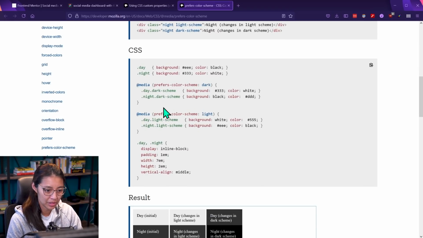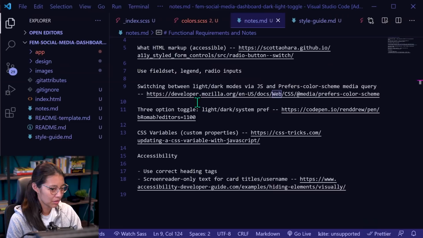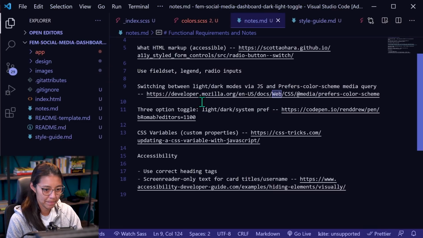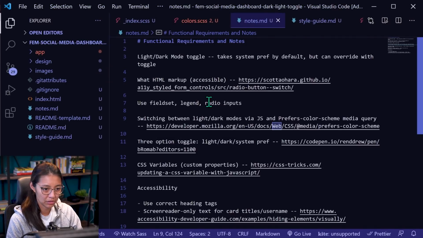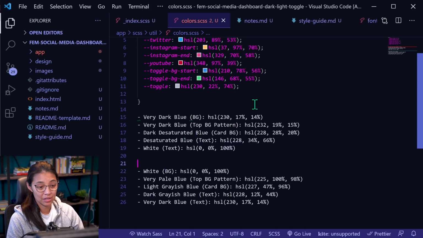Okay, prefers color scheme dark. We would put the variables like here within this prefers color scheme media query. I think I want to find one for light dark mode toggle. What I'm guessing is going to happen is we'll make the light theme, I guess, the default. And then for the dark theme, if you set it to dark mode, then we would